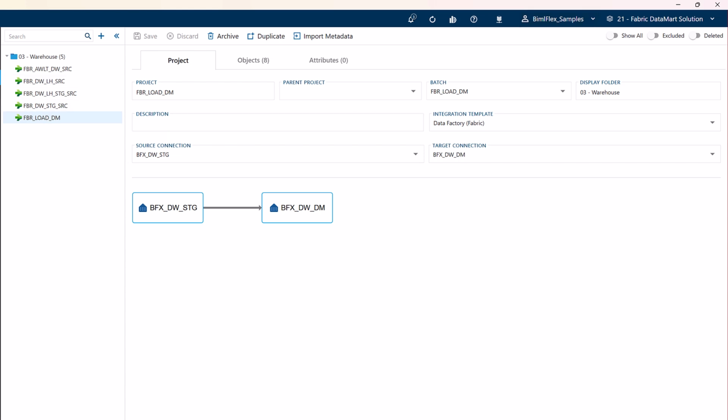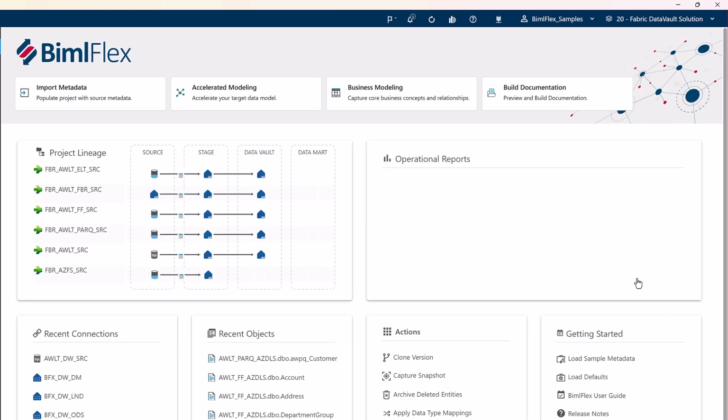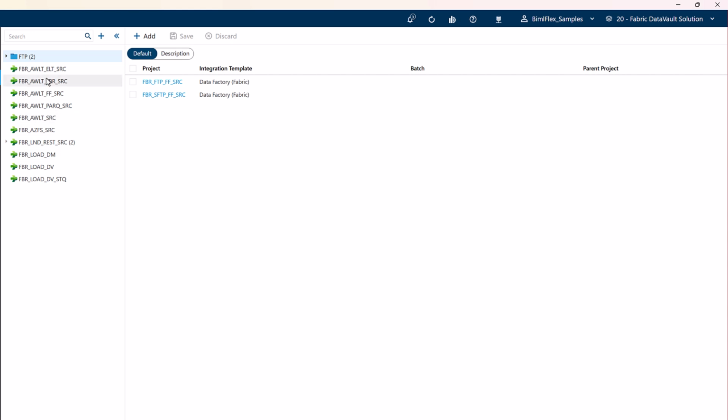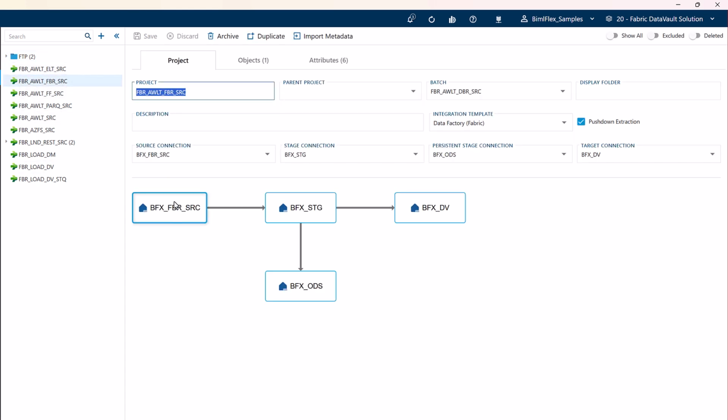I'll jump over here and show you the same for the Data Vault. This is just configured differently; the projects are just different. I'll look at a source here. As you can see, I've got a whole bunch of different ones with Parquet and files. I've even got a source coming from Fabric, going from a Fabric Lakehouse into a